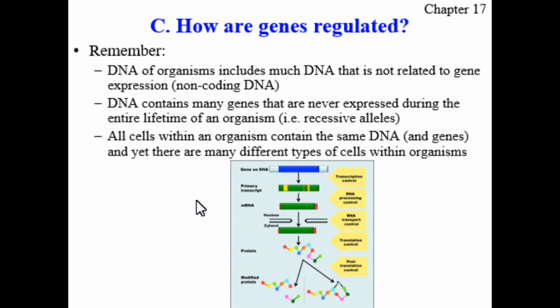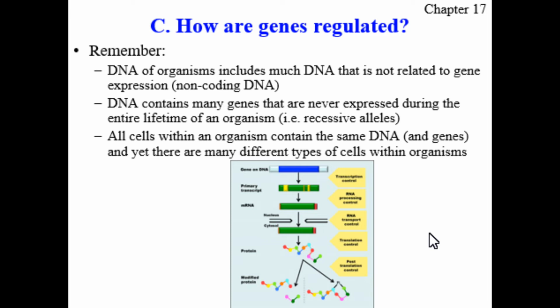On this other version, maybe it's your mother's version of chromosome number 6, you could have the recessive allele. And so if that gene was ever expressed, it would result in a protein that's not going to allow you to roll your tongue. If you've got 2 of those recessive alleles, you don't have a dominant allele, then there's no way for you to make the protein that allows you to roll your tongue. All you're doing is making the proteins that are part of your tongue muscles that you're unable to roll your